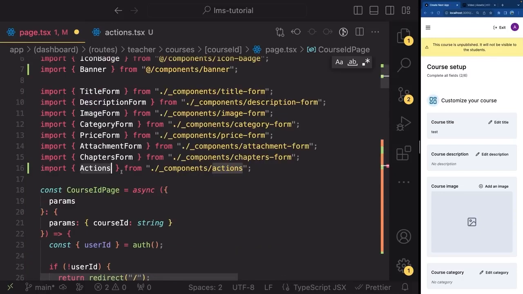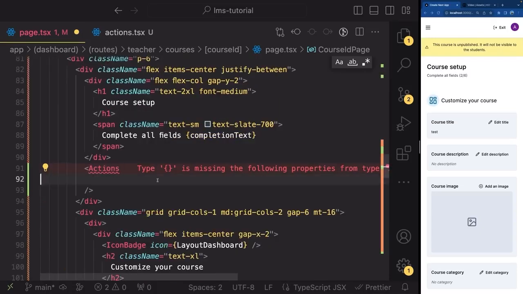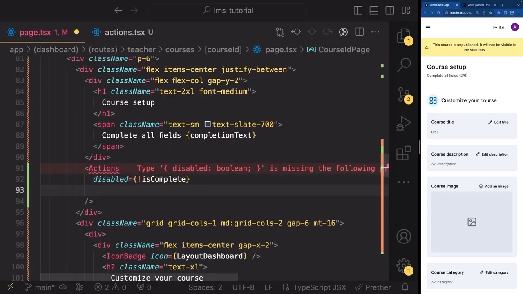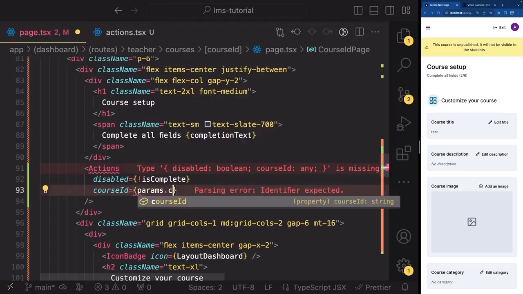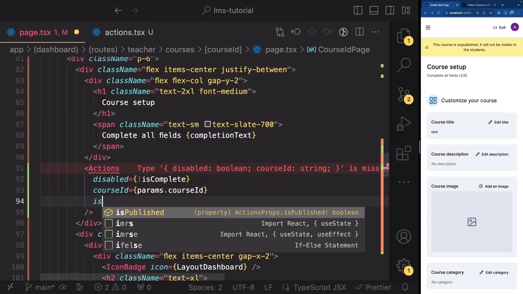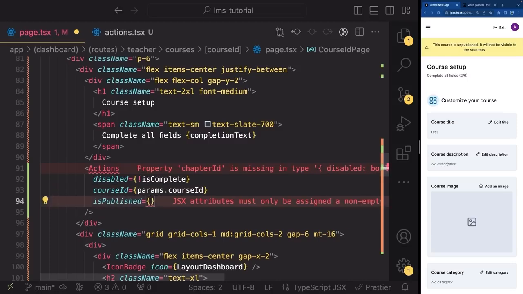Make sure you have this import. Let's pass in the disabled prop, which is !isComplete. We're going to have a courseId, which is params.courseId. And we're going to have isPublished, which is going to be